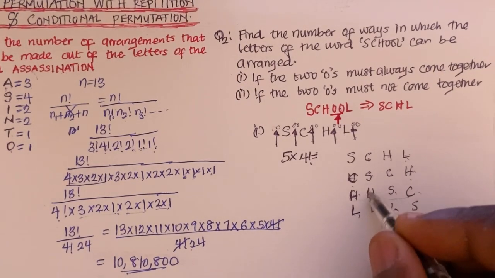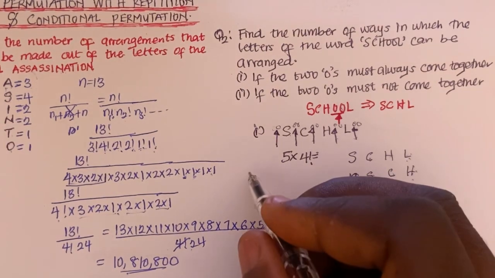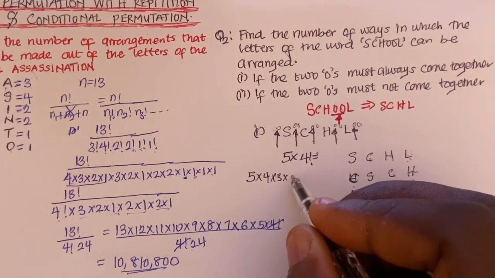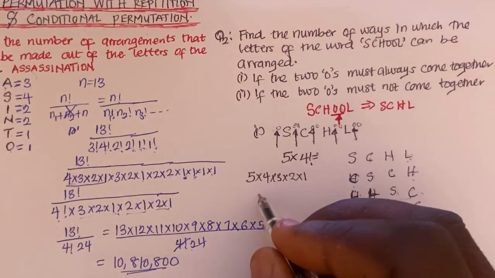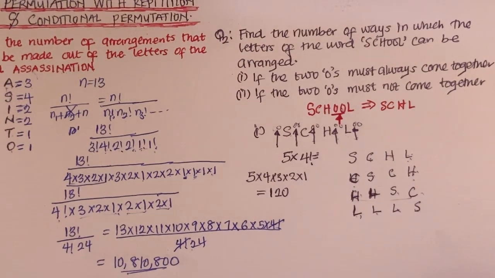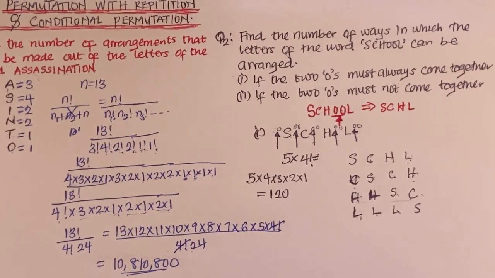So this should be whole actually. So that's just how it goes. So what I'm now going to do is that this is 4 factorial. I'm going to have 5 multiplied by 4 multiplied by 3 multiplied by 2 and multiplied by 1. So this is 120. So that's 120 ways. So there are 120 ways through which I can arrange my O's if they must come together. There are 120 ways. So now the second question says